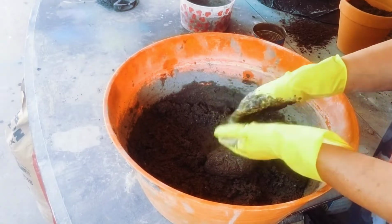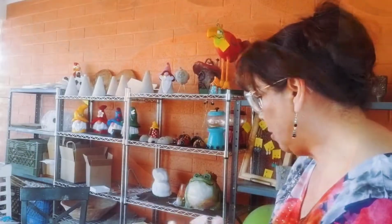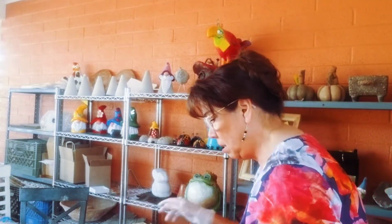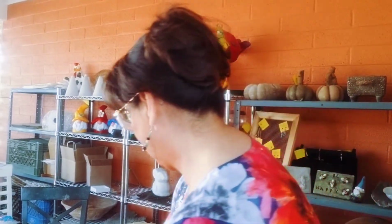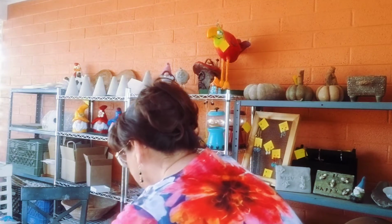Yay! All right, I'm going to go rinse my gloves and then take them off. What I have going here, and I've done a couple of things already, with this Hypertufa mix, I created,